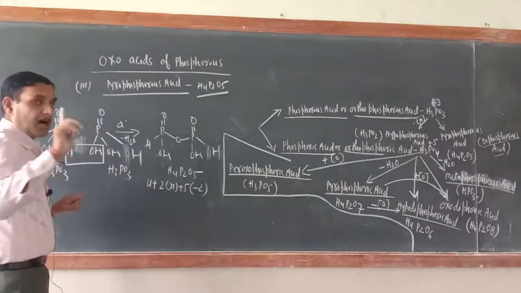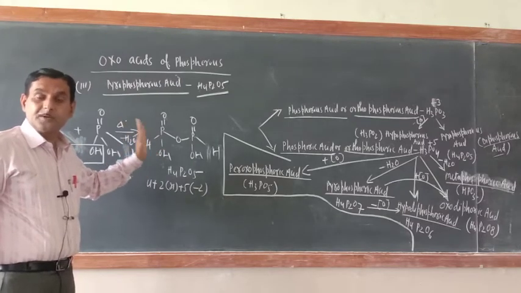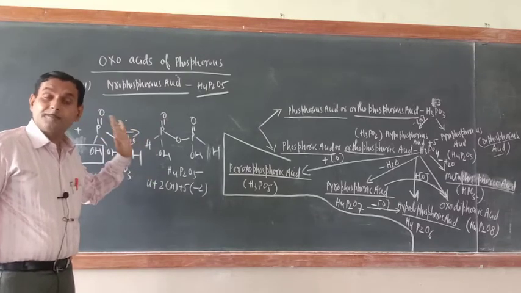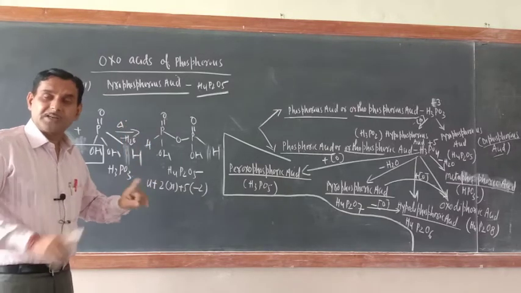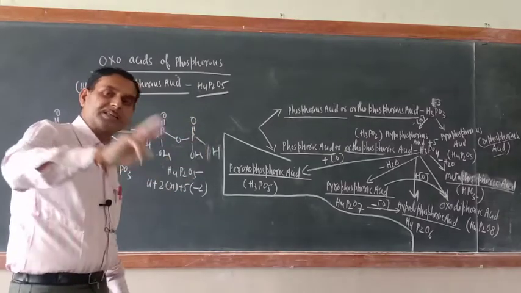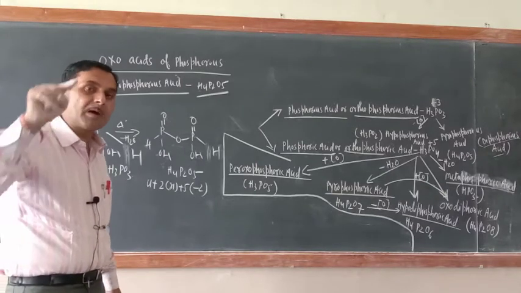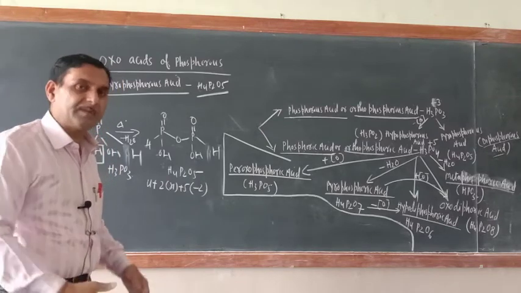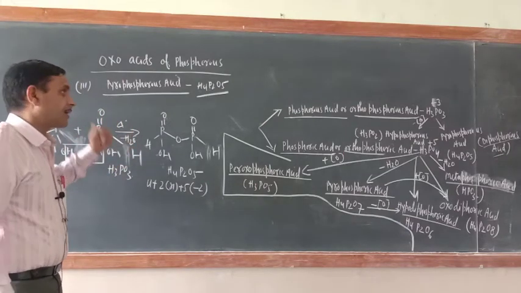Always remember, without writing the structure of oxoacids of phosphorus, don't calculate their oxidation state. Don't decide their basicity, that is monoprotic, diprotic, polyprotic. First you write the structure. The number of OH bonds attached to the phosphorus would be their basicity. Are you getting my point or not? Similarly, how many P-H bonds are there? Accordingly, their reducing agent strength will be decided. So writing the structure is a must. Don't take a chance.